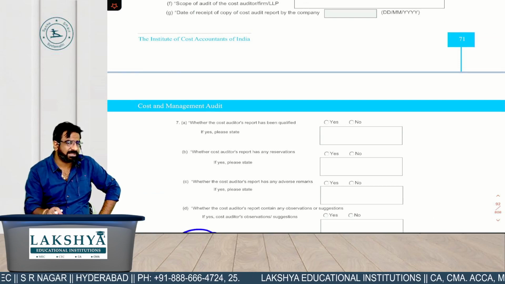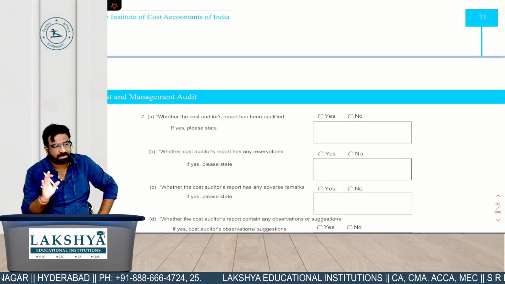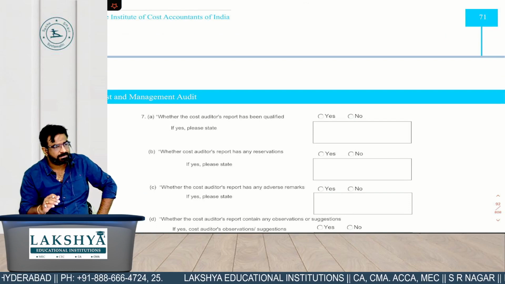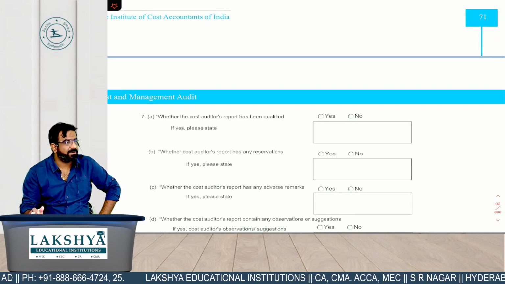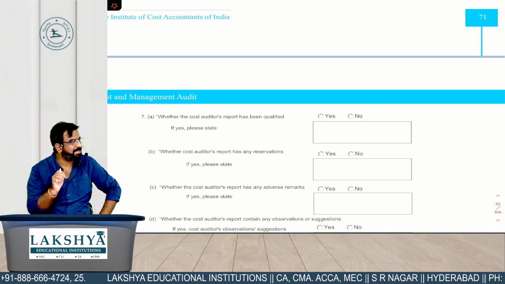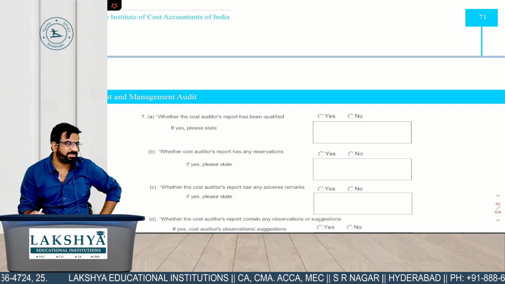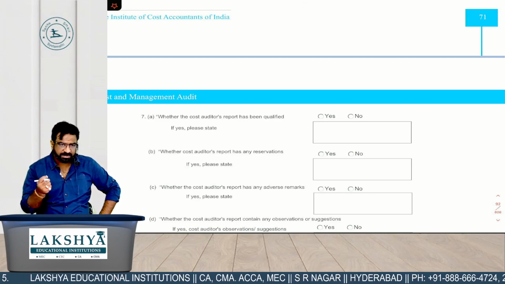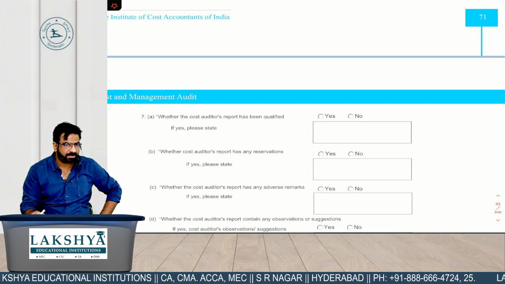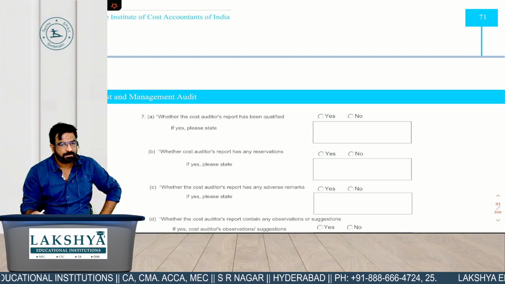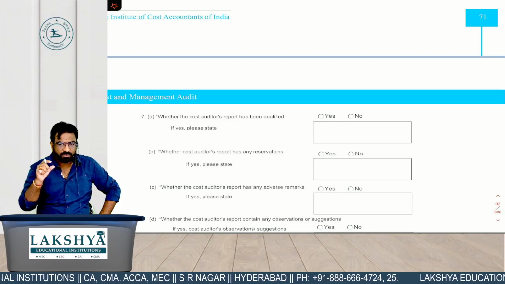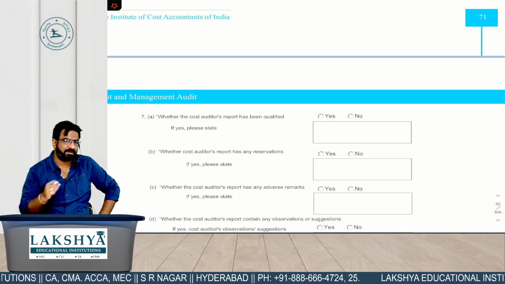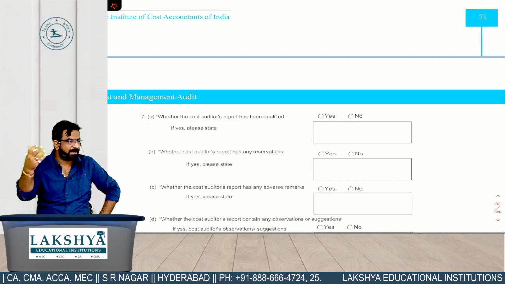XBRL का basically मतलब क्या होता है? Leave the like full form. What is the meaning of that? It's an online form. इसको आप digital signature के साथ submit करते हो. With which signature? Have you ever seen digital signature? किसी ने apply किया अभी तक? How do we apply it?